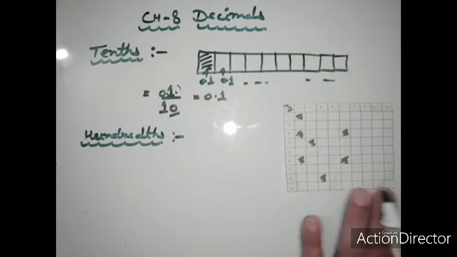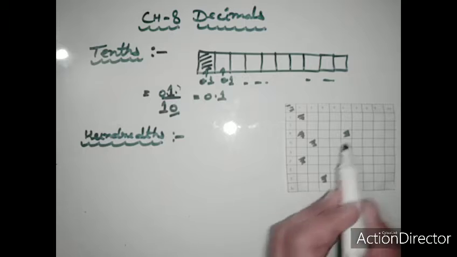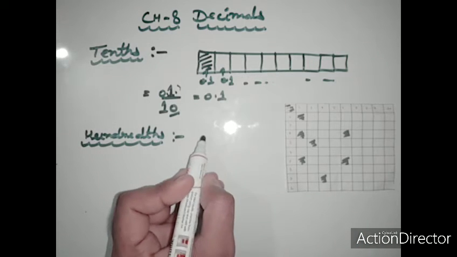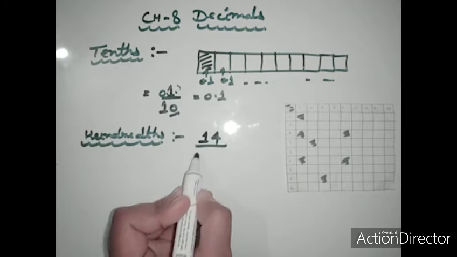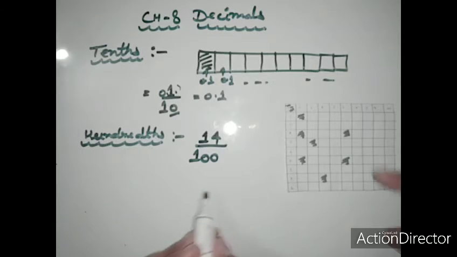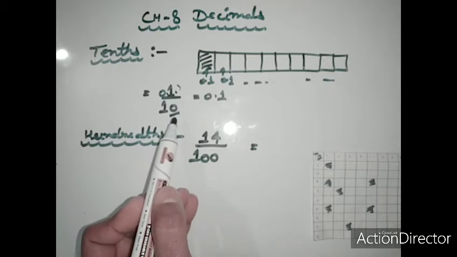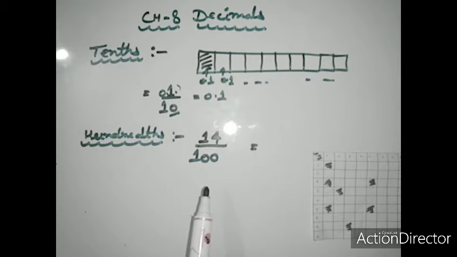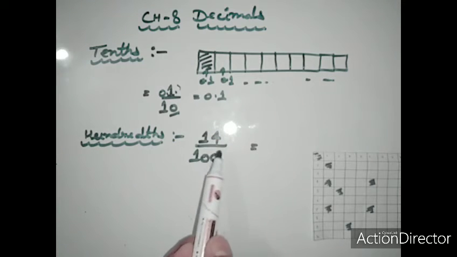Okay, so out of these 100 boxes, let me take one example. Here we take a total of 14 parts, 14 upon 100. So how do we read it? We read this number as 14 hundredths, like 1 upon 10 means 1/10. So here we read this one box as 1/10, and we read this fraction 14 upon